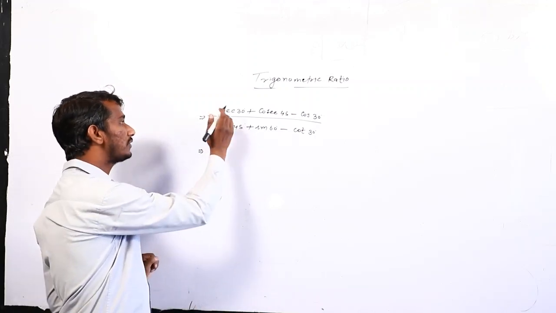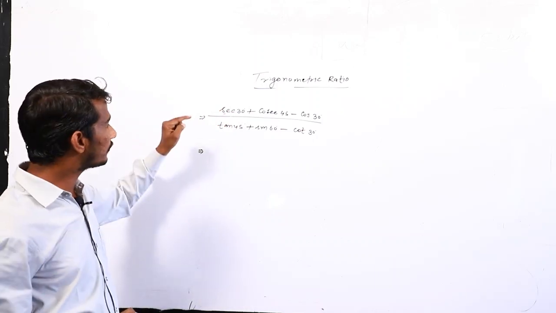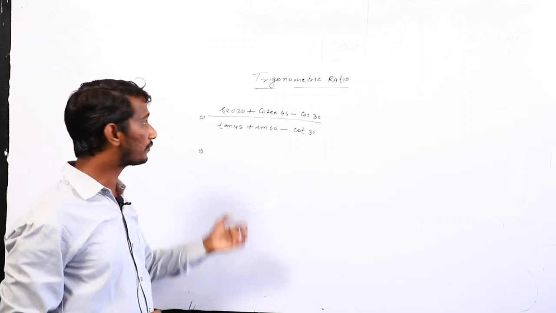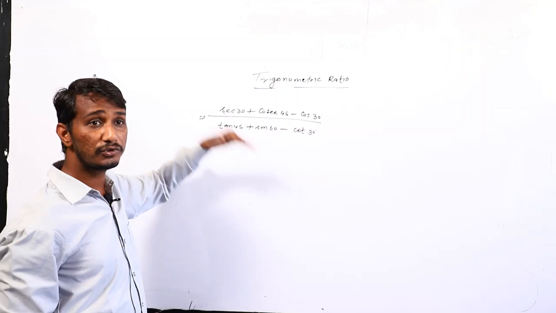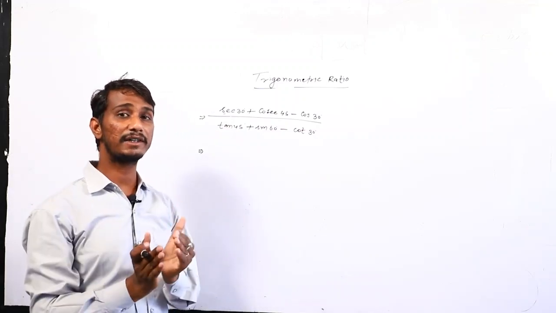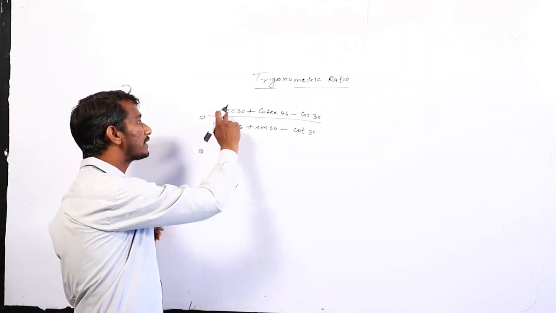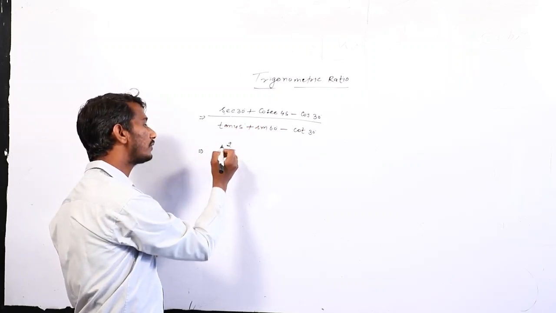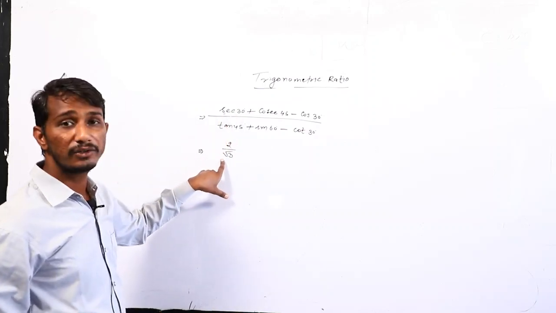Sec 30. So dear student, one more thing, how to find the value of sec 30. Remember, sec is the opposite form of cos. So first we want to find the value of cos 30, and cos 30 is the complement of sin 60. The value of sin 60 is root 3 by 2. So sec 30 is the opposite form, so the value of sec 30 is 2 upon root 3. Are you getting it properly? Sec 30 is 2 upon root 3.